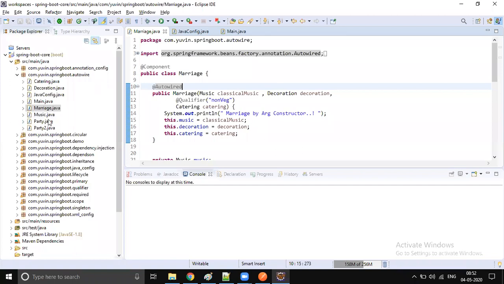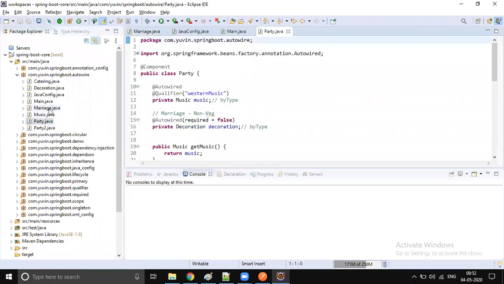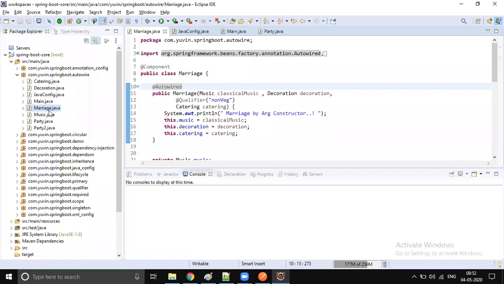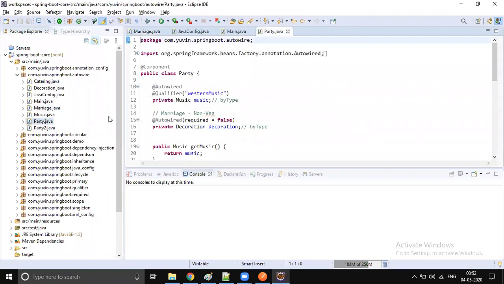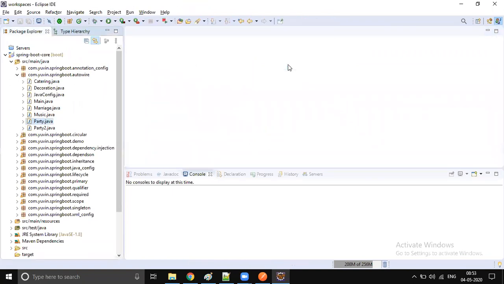We conducted so many marriages and enjoyed so many parties with all the Autowired, qualifiers, primary, and exceptions, without writing any configuration code, without doing any CDI, SDI. You're still able to complete all these things.